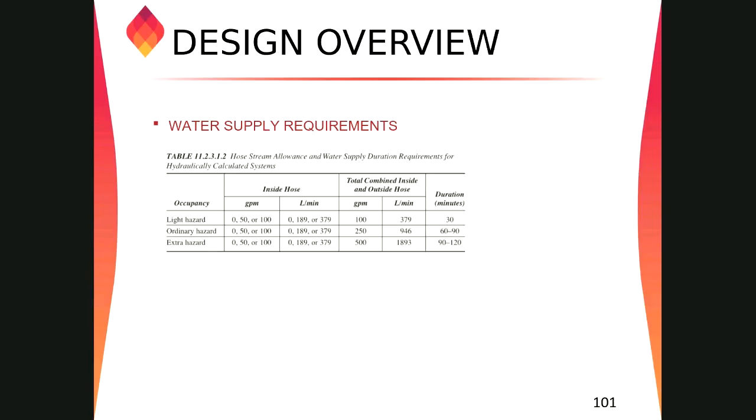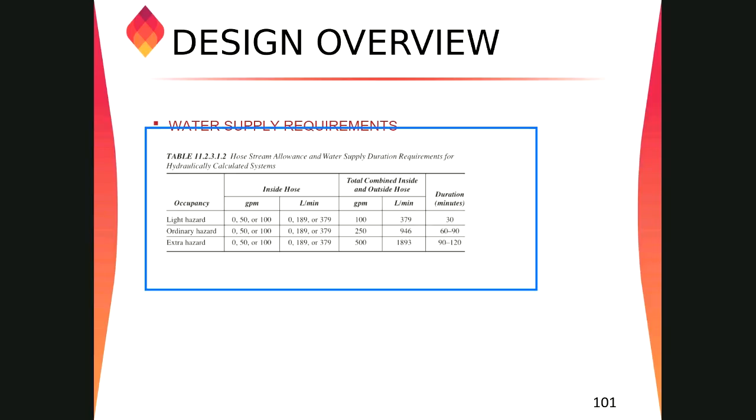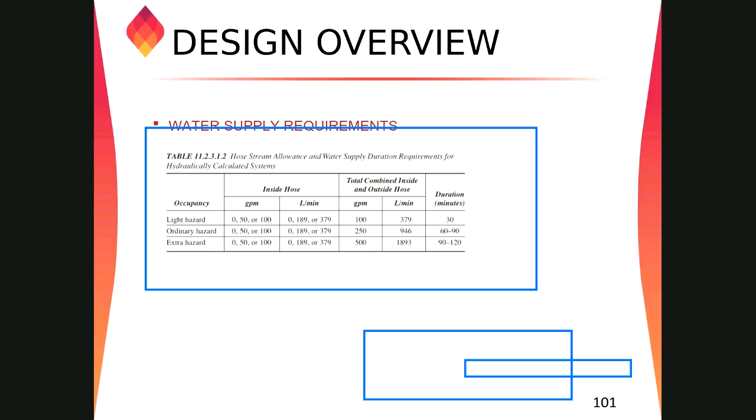And then, as I discussed, we have to consider the hose stream allowance requirement. Keeping in mind that if there is a fire, firefighter teams will come and try to fight from the fire hose also, right? They will go inside the building and fight the fire from the fire hose. So based on the hazard, we have to give an allowance. For light hazard, we have to give 50 GPM or 100 GPM. Ordinary, we have to give